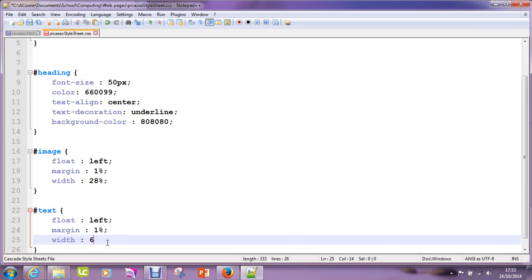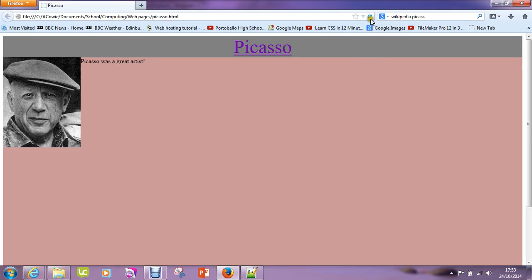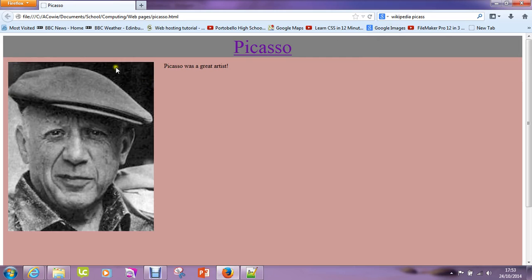So I'm going to make this 68% because I'm going to have a margin of 1% on either side. Let's save that. Have a look at that, and you can see my little 1% of the page margin around